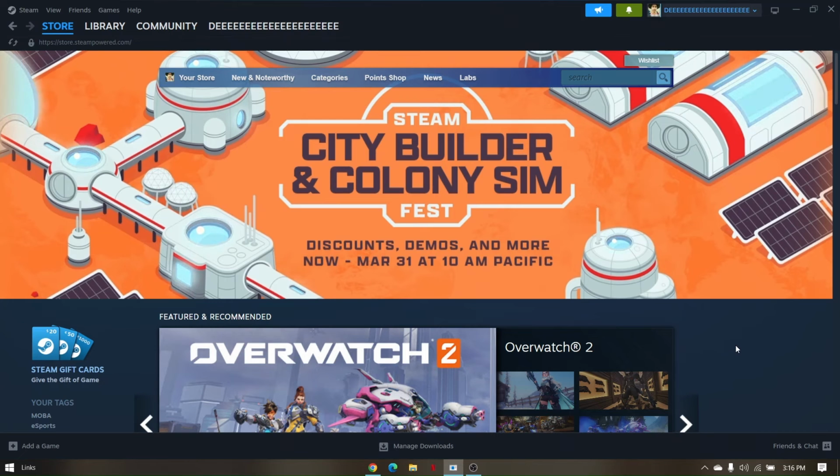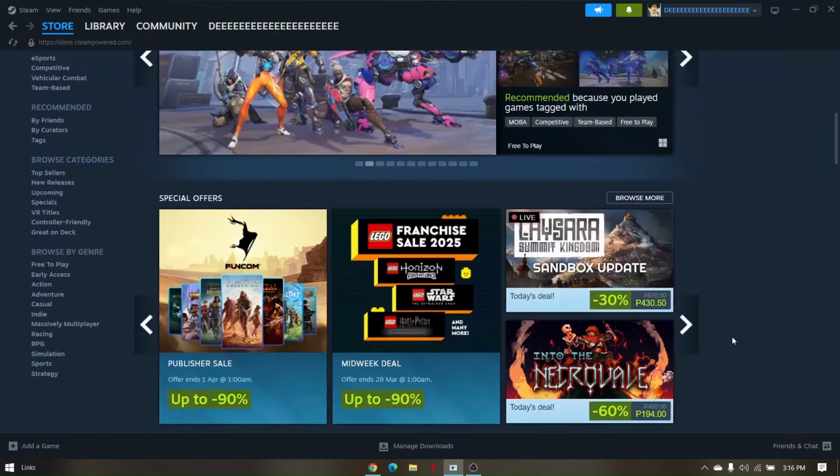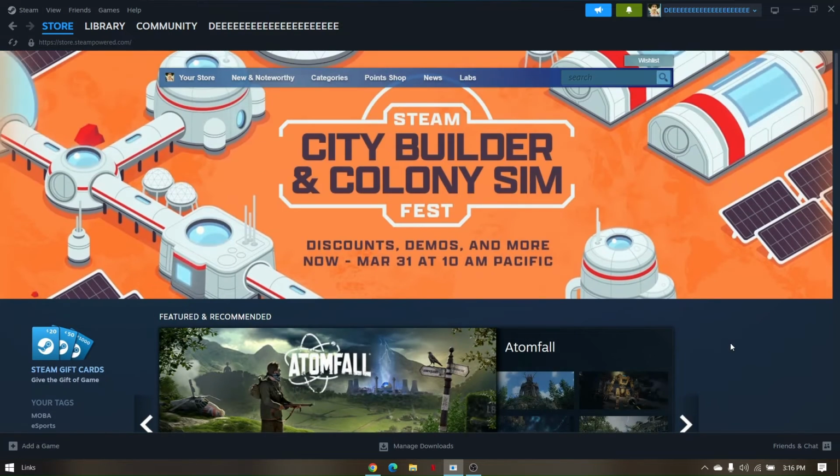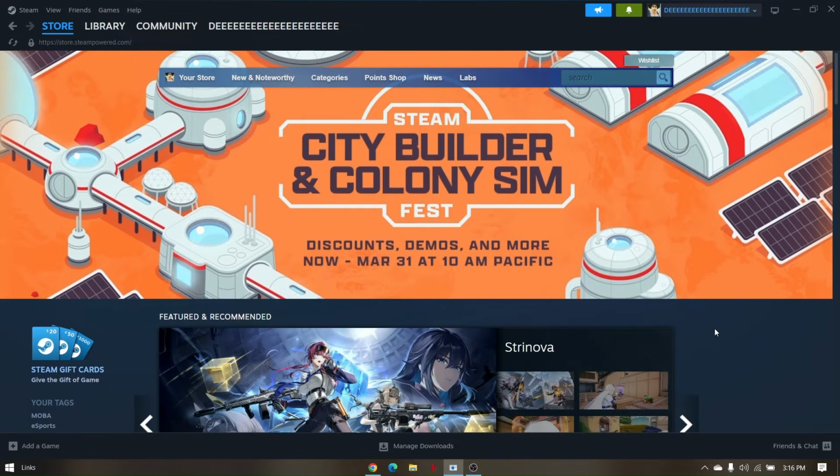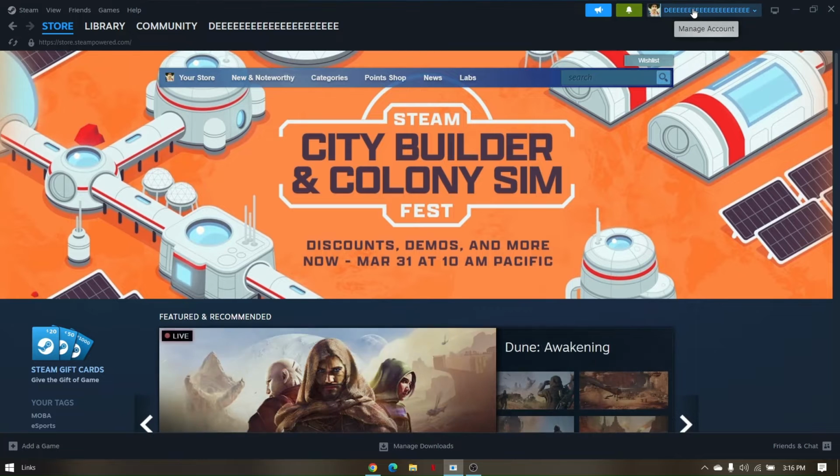How to withdraw money from Steam account. The first thing is to access your Steam software and ensure that you log into your account. Now, if you go ahead and go into your account details, just simply click on Manage Account, and there's